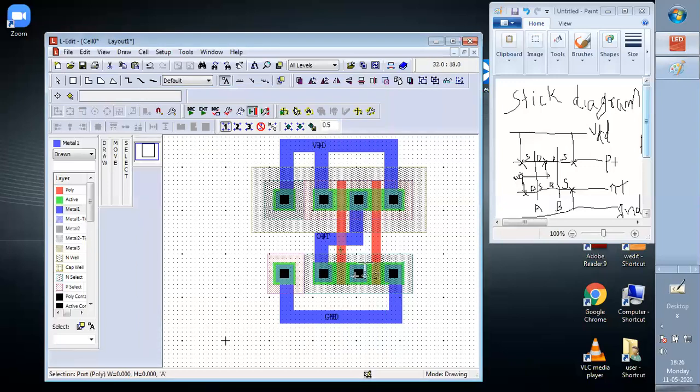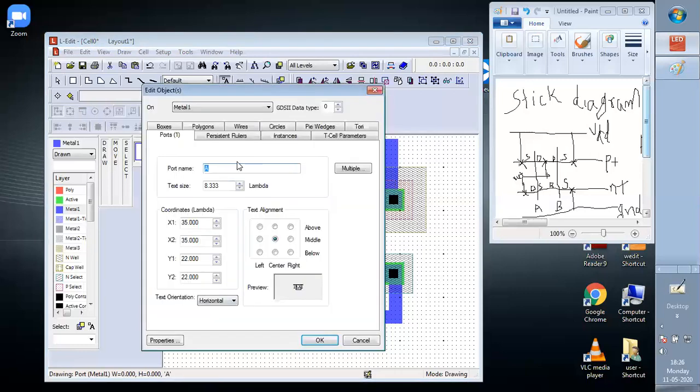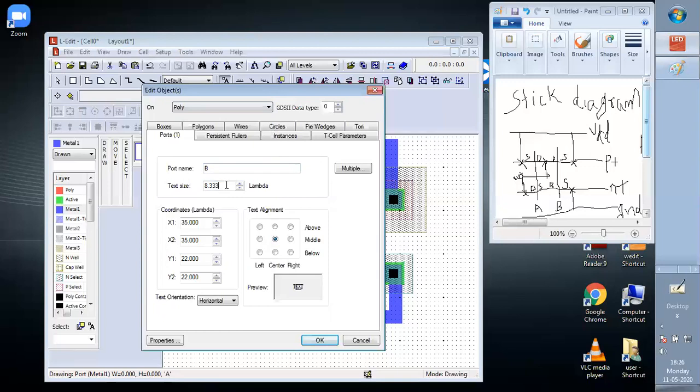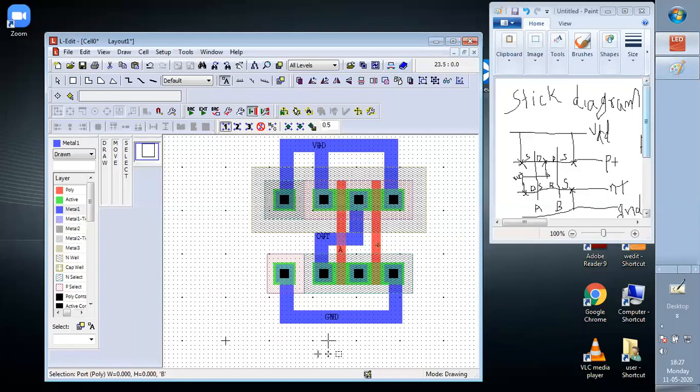Here it is written E. Similarly here we write B. So we will write, but here we have to check whether it is poly or not. This is very important step. B and then 2.5. Horizontal again. Okay. So A, B, out, VDD, G. So all has been done.